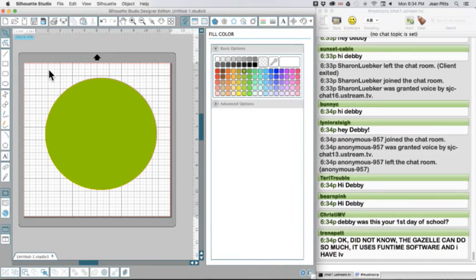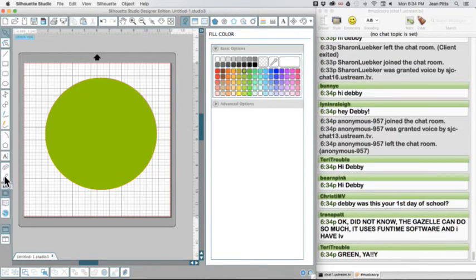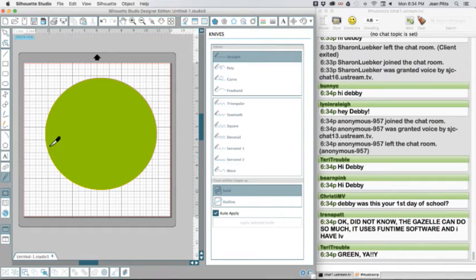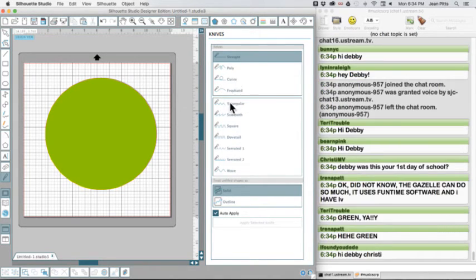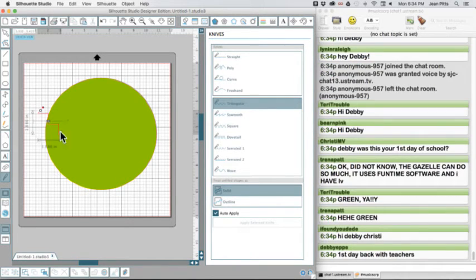All right, so one tool that you have with the designer edition is this cutting tool. So you'll see that my mouse switches to a blade. So it's like having a craft knife. All right, so then you can choose different things. You have curve, freehand, triangular. So I can go like this. See, and it's making triangular lines. I double click to end. Oops. Click to end the line. I thought I double clicked. Okay, so now